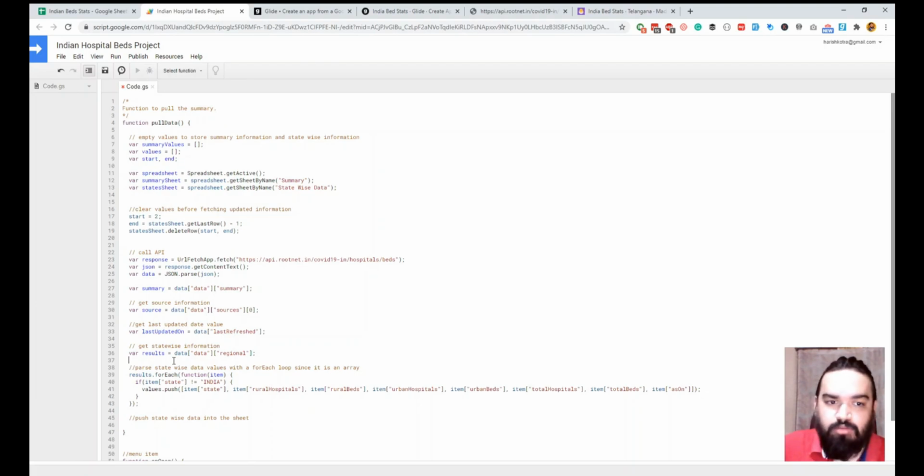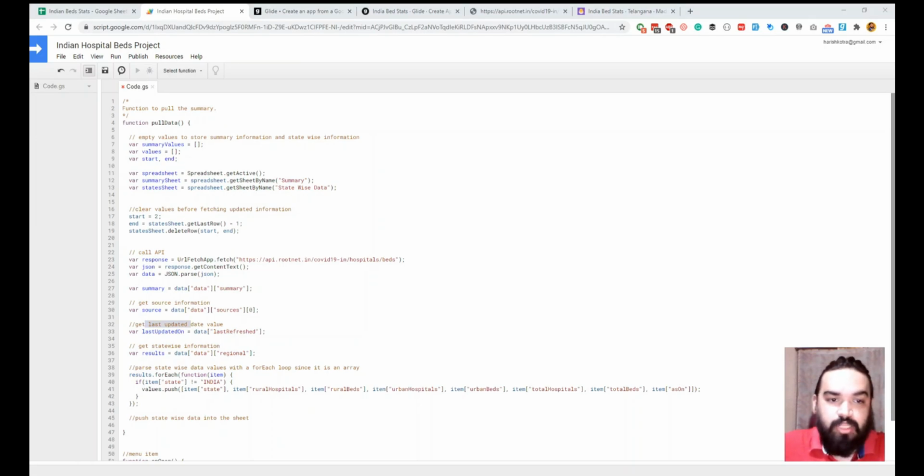And we have to now add the summary that we have here to the summary sheet, and then also add state-wise data into the state-wise sheet. For that, what we will do is just use the summary values array and push the data from these three variables into the summary values, right?